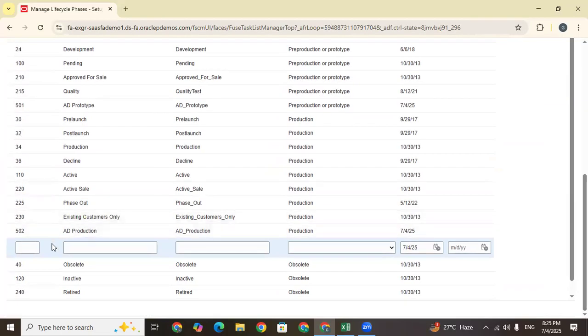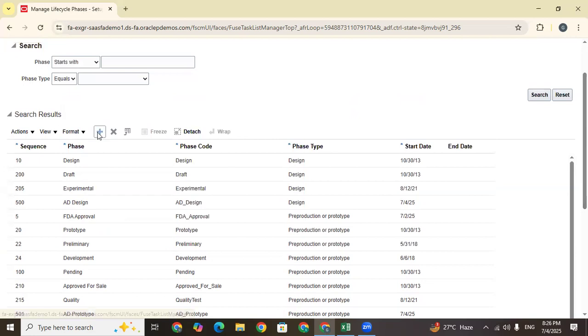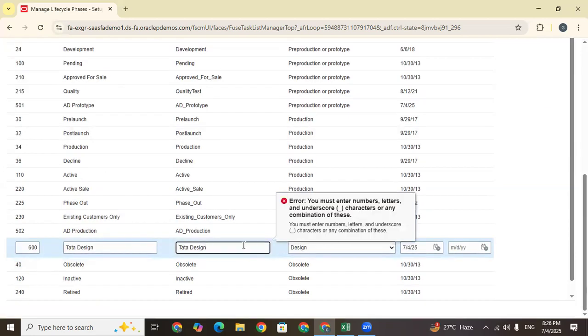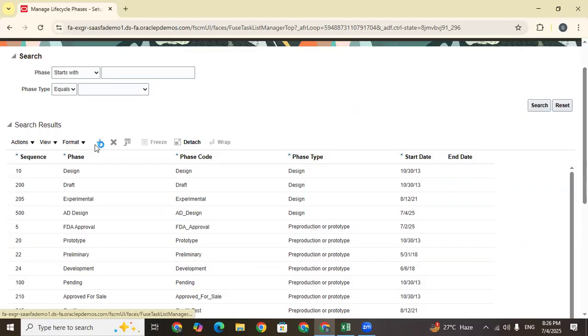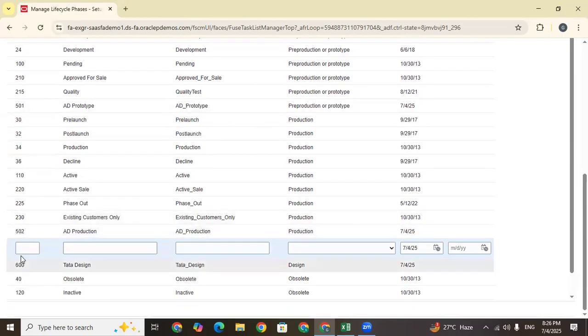Let's create. 600, just sequences. This is the Tata design phase. Design. So what are the phases here? You can see four phases. Next, click on plus. Tata design. So you need this one. Next, click on. What is the next phase? 601, Tata